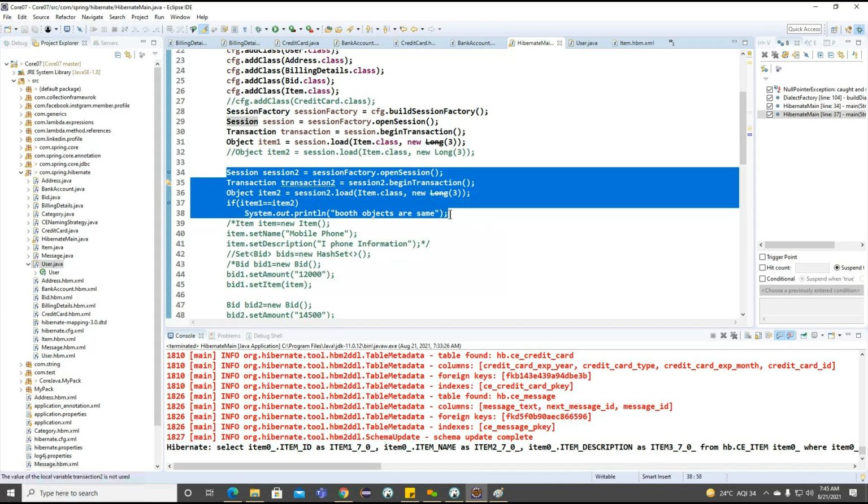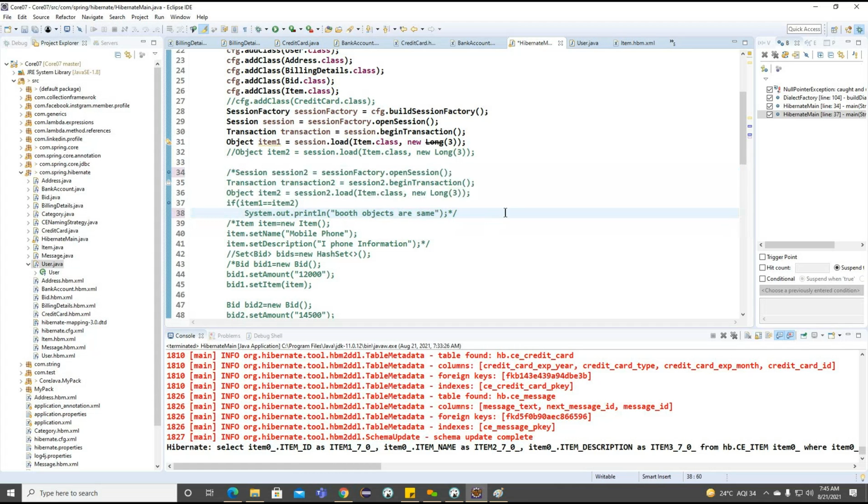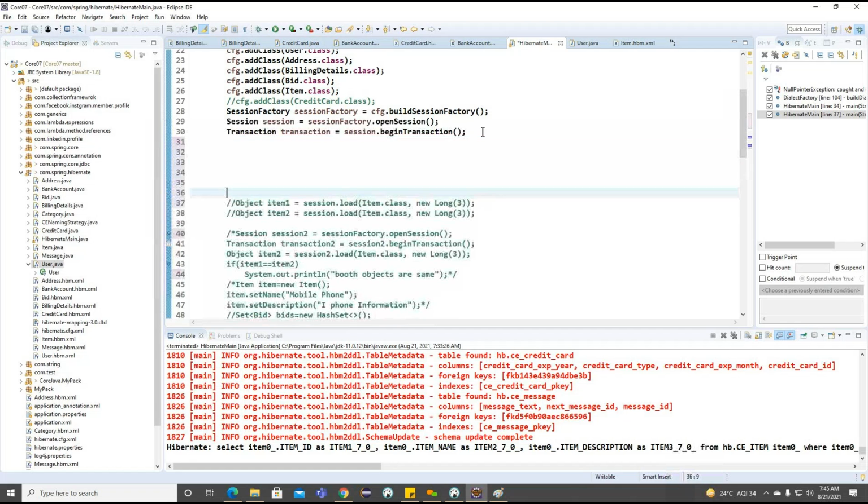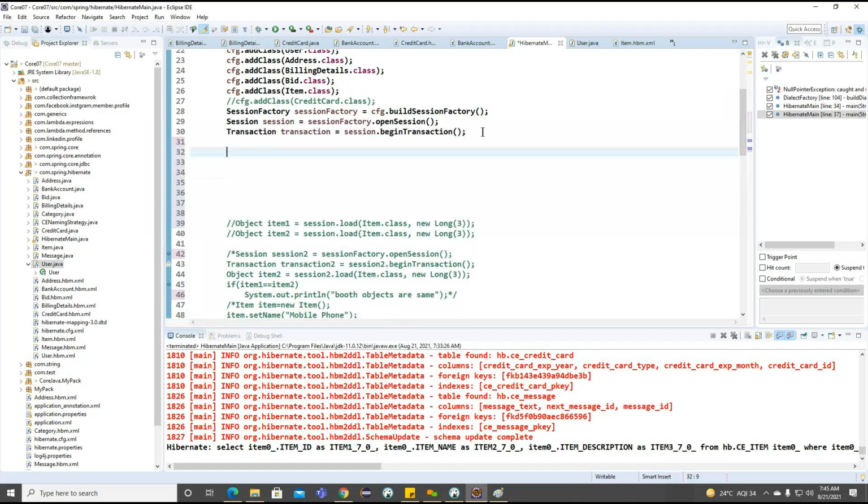Here, I want to comment out these two sections, and this also we want to comment out. Up to the begin transaction, we can keep it. Now observe. If we want to load here, how are we going to write the simple information? We already identified it here.